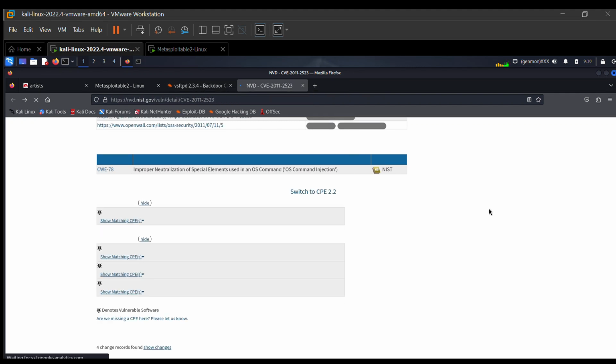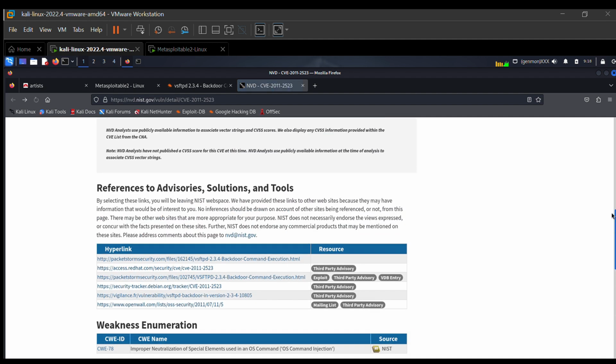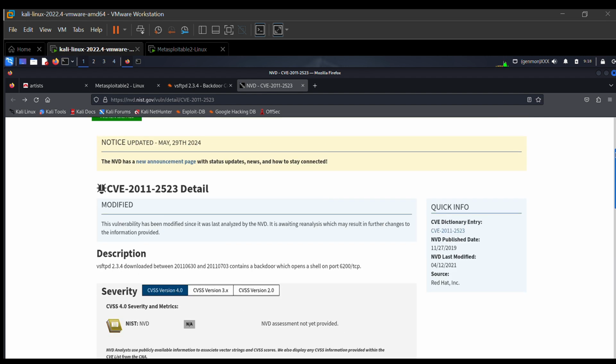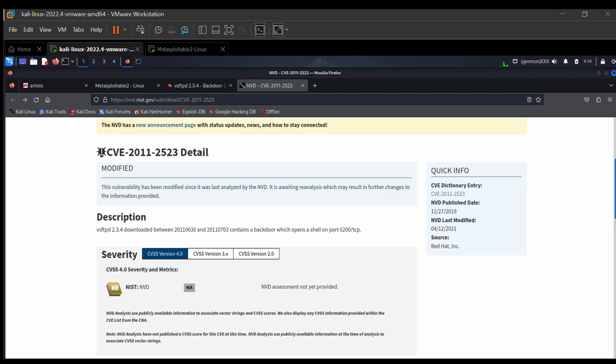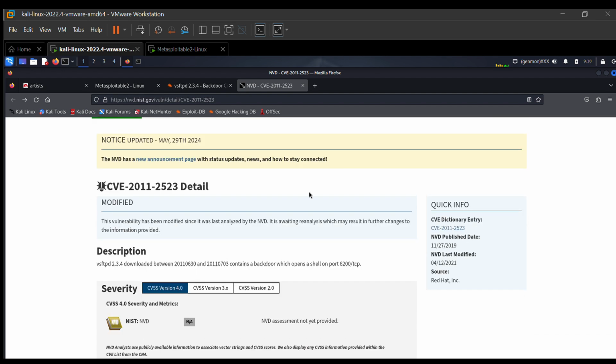Just follow me, another way to check severities. Okay, now we have the CVE number, right? You can see we have a CVE for this. This is the CVE. I can copy this CVE and go to